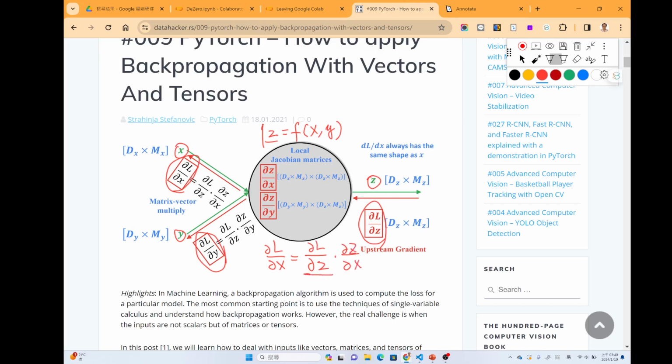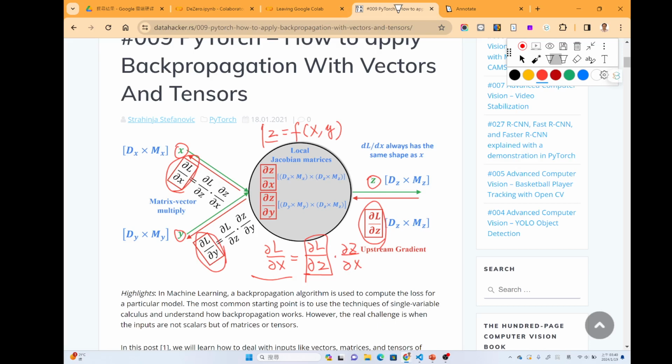Since partial L over partial z is known, because it has been calculated by backpropagation, the only thing we need to calculate is partial z over partial x, and perform a matrix multiplication to get partial L over partial x.